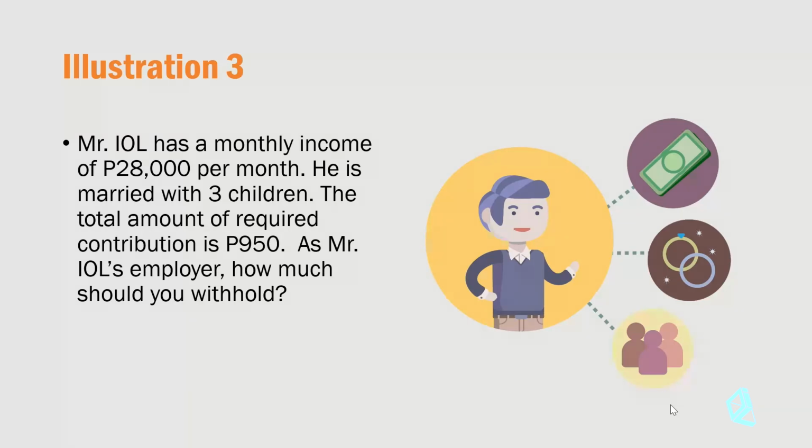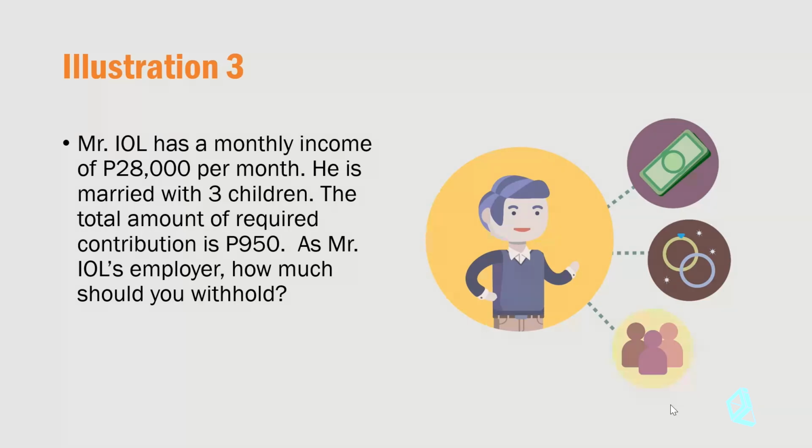So required contributions include SSS, PhilHealth, Pag-ibig. And so it totaled 950 pesos. And these deductions should be removed when computing for the basis of the withholding tax